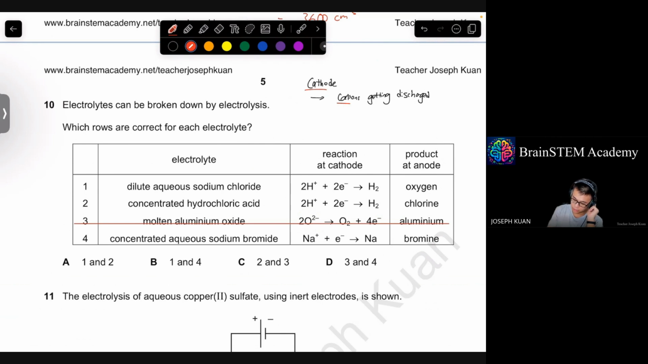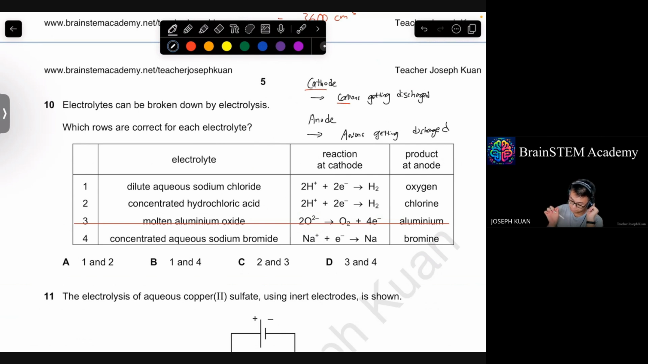Next part is knowing your anode. Your anode is all about anions getting discharged. I don't think we can do anything about it. So never mind. But okay, what's the next thing that you need to know is about